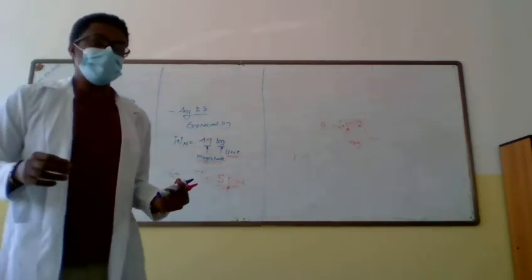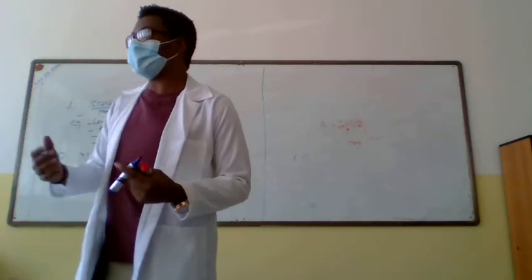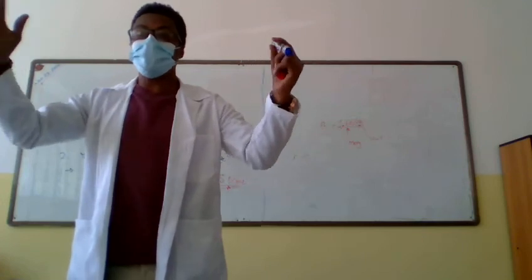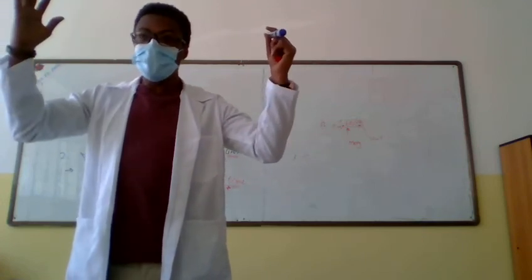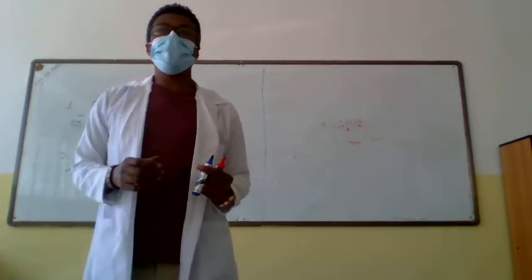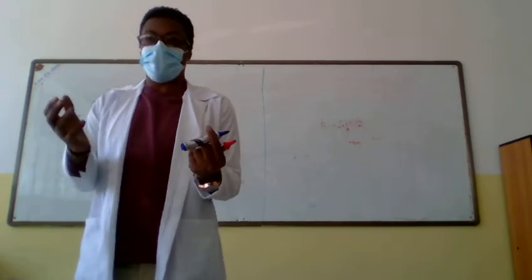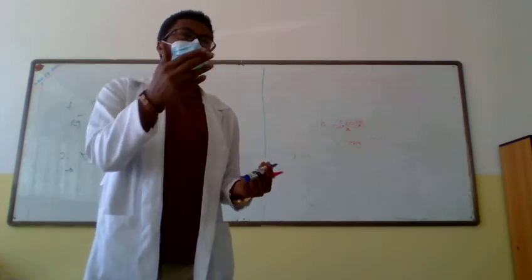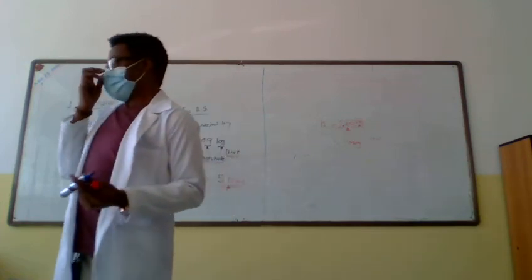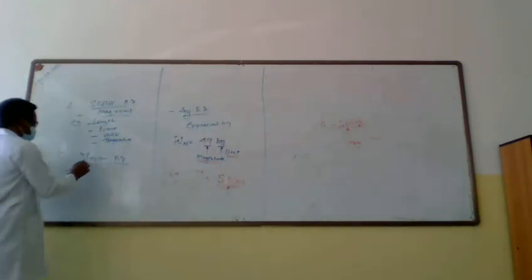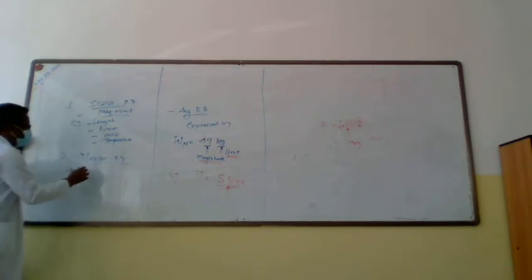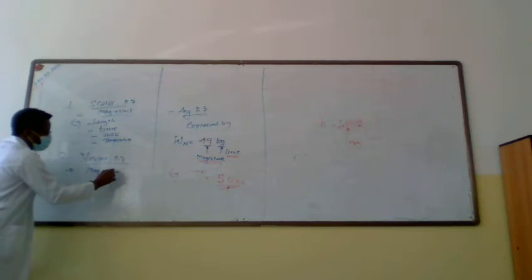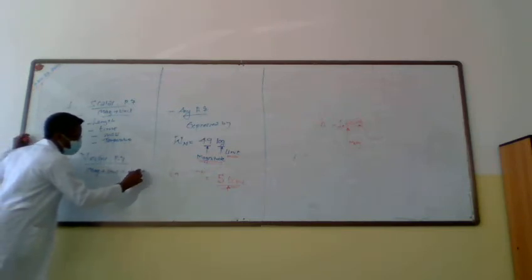Previously, I gave you as an example that I'm 65 kilogram to the east. It doesn't make sense because mass is what quantity? Scalar physical quantity, and it cannot be expressed by its direction, but by its magnitude and unit. Okay, so examples: vector physical quantities are expressed by their magnitude plus unit plus direction.